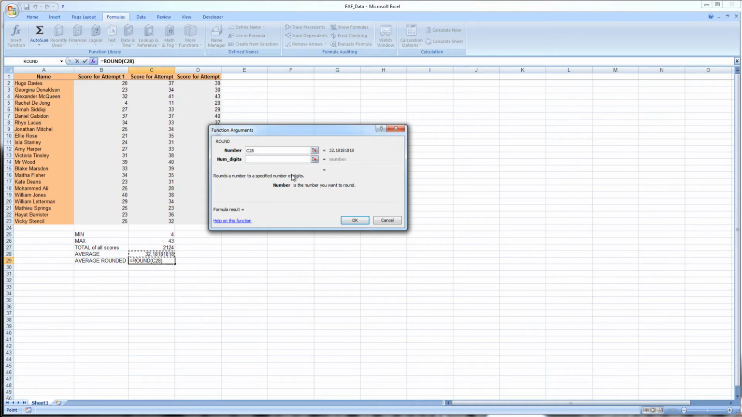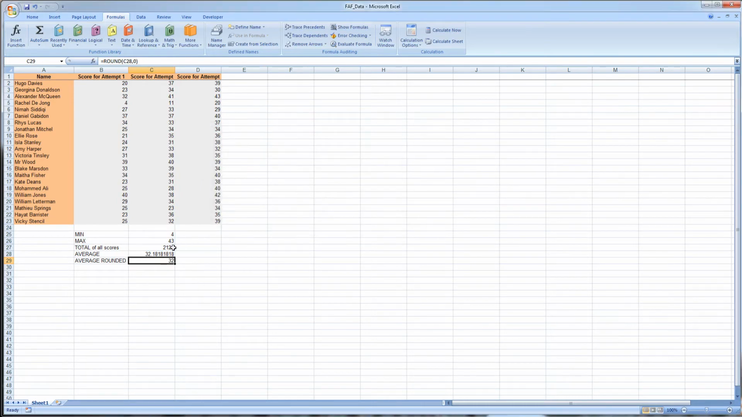Okay, and then what do you want to round it to? Well, I want to round it to 0 decimal places. Number of digits is how many digits do you want to appear after the decimal, and I don't want any. Okay. And now what's in there is a whole number. So later on when I say, right, how many times does the average number appear in here, the cell that I'm actually going to search for is the cell